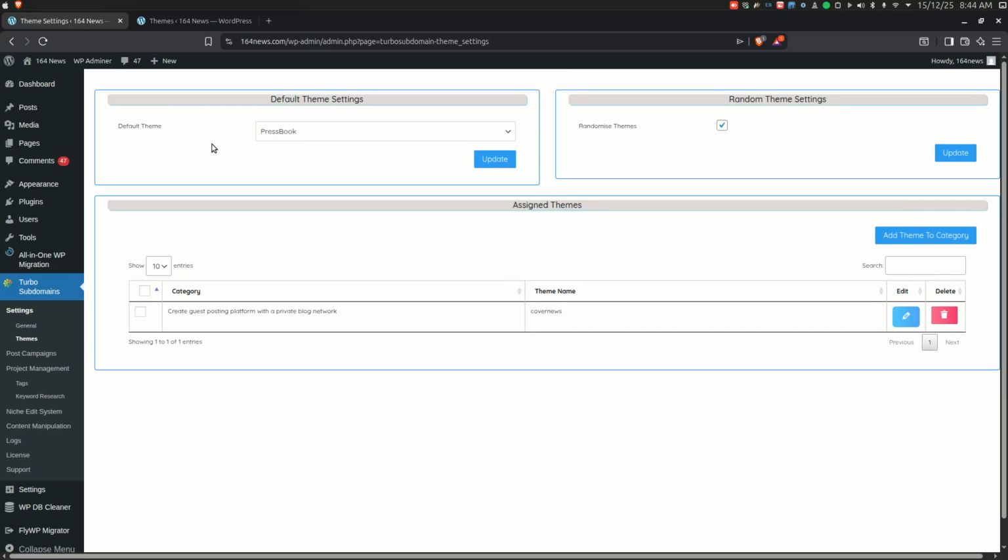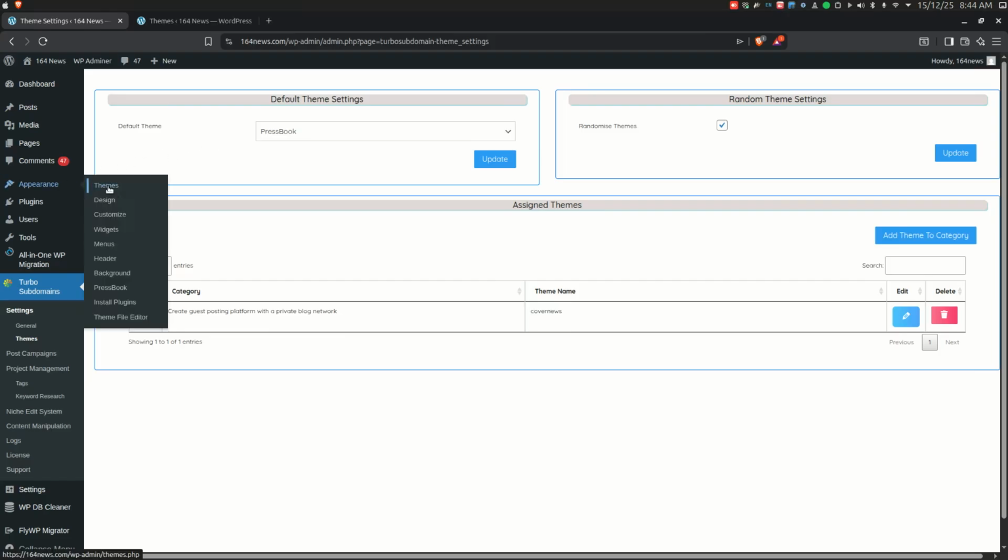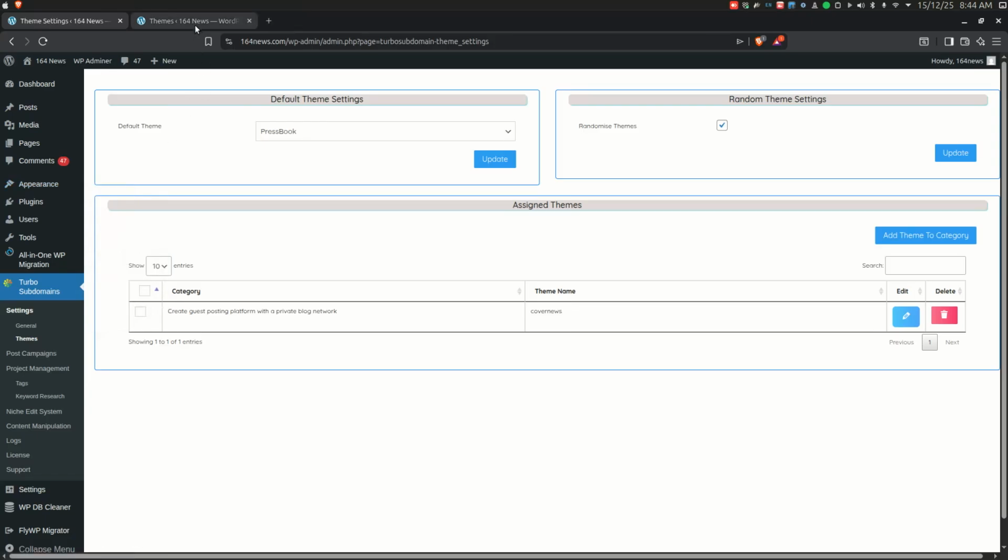Preparing themes for use. Before we dive into the settings, there's an important prerequisite. To use themes with Turbosubdomains, you first need to download and install all the themes you want to use in the WordPress appearance settings. Just go to WordPress appearance, then click on Themes exactly as you normally would when downloading